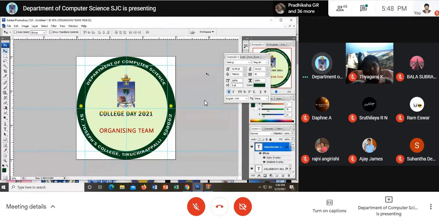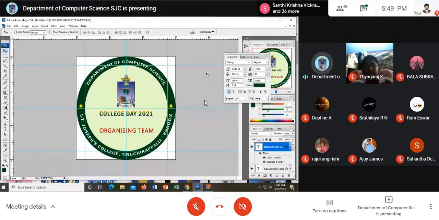Okay, am I clear? See, the design is over now. How do you give it to the printer? See, giving it to the printer is in the form of a JPG file. Give them in the form of a JPG file. They will arrange it and they will cut it in the die that they use. With that they cut it exactly in a round shape. And the media is supposed to be sticker media. Okay, we can strip it off and paste it in the badge exactly.